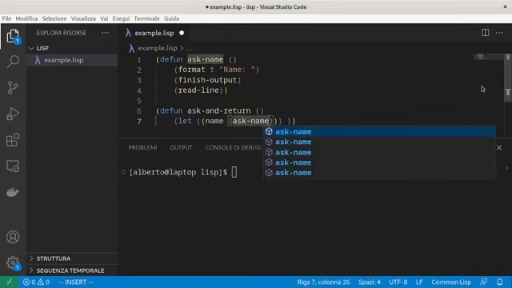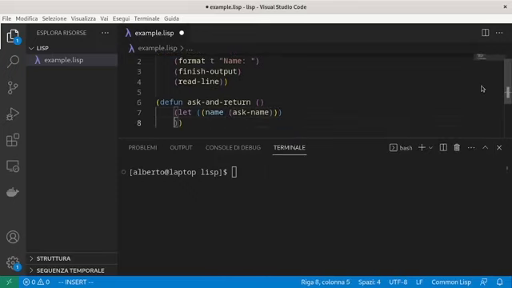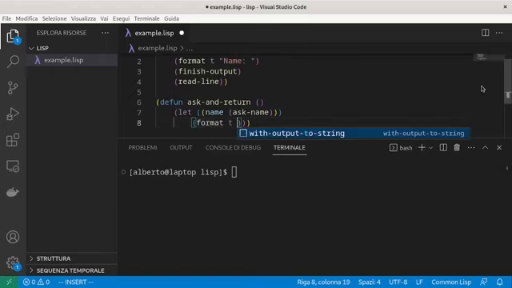All the remaining expressions in the let list can use the variable just defined. For example, format, in which we print a, is a placeholder which tells format to read the next parameter in the function call,